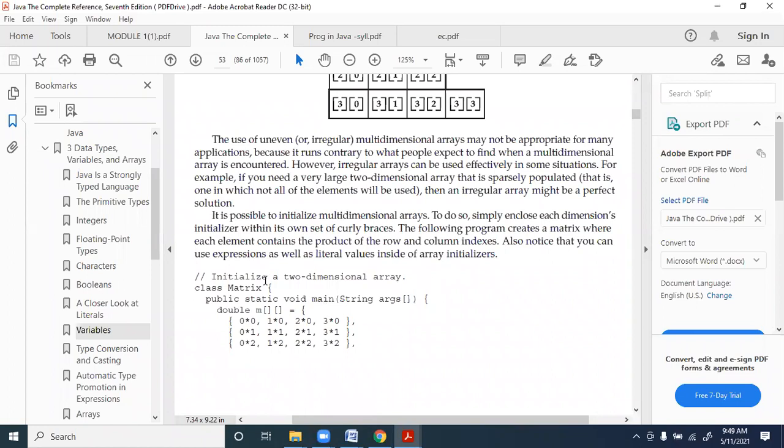Similarly, you can first initialize a two-dimensional array, and then you can keep on increasing the size of the array. Okay, so here we have written 3 by 4, 3 by 4. Okay, so this is a two-dimensional array with directly assigning 3